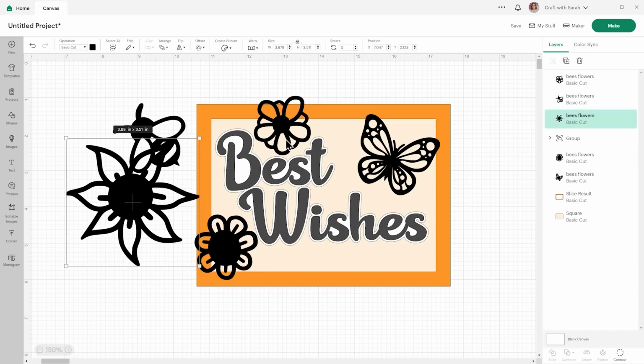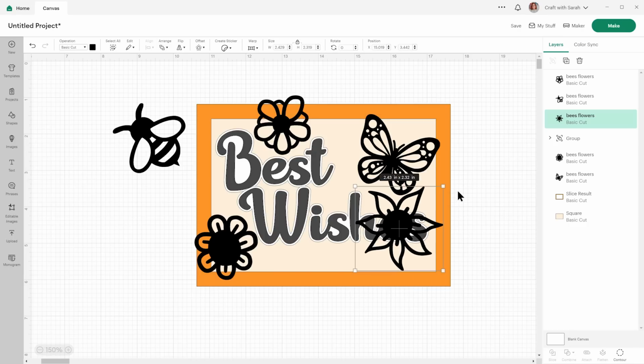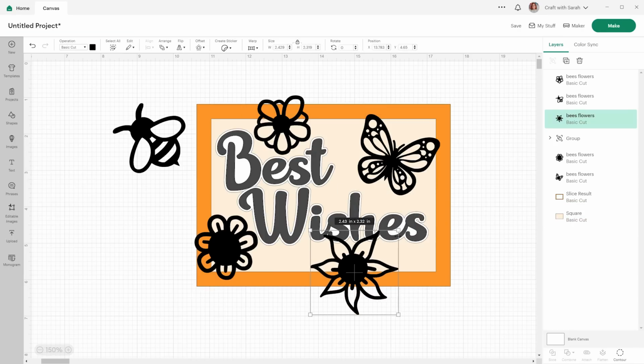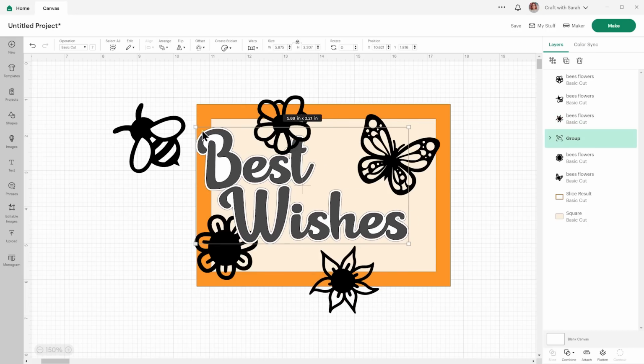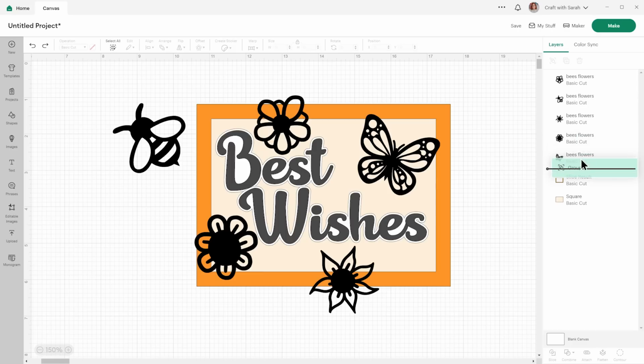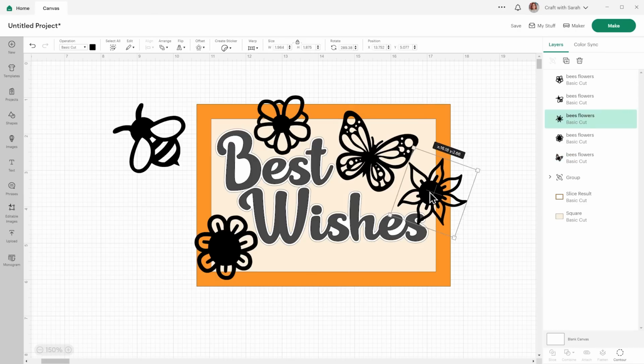And I will be adding a white offset to all of these pictures as well, just like with the text, which is why I'm not actually touching these pictures up against the text. I'm leaving a little gap. I'm going to do all the offsets at the end once I've sized everything. And the reason for that is if I did the offset now and then change the size of the flowers or the butterfly or anything, then the offset would change in proportion because I'd resize them both, and then it wouldn't be quite the same thickness across everything. And I want it to be nice and consistent.